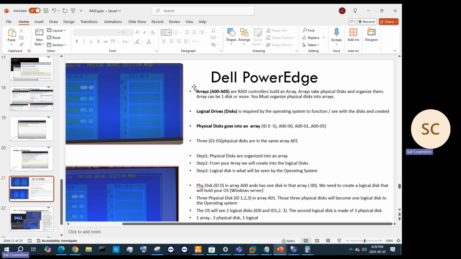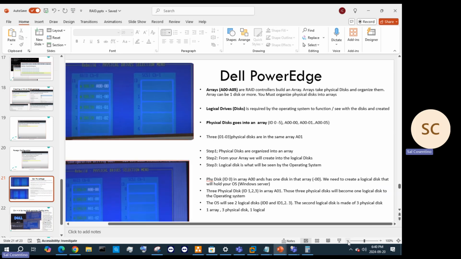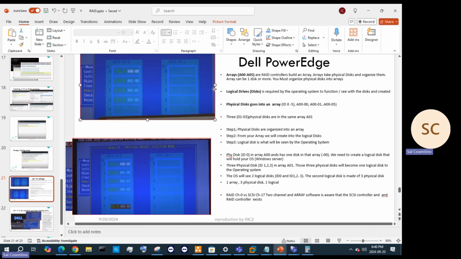your machines have RAID controllers built inside these servers, and these RAID controllers build an array. So the arrays take the physical disks and organize them. Arrays, again, are RAIDs. Arrays can be one or more disks. Again, you must organize physical disks into arrays. So your logical disks or drives are required by the operating system to function. Make that note, because that is important, especially when setting up and fixing,